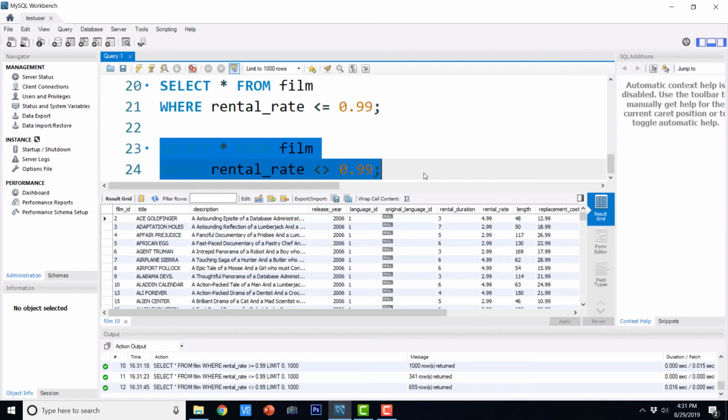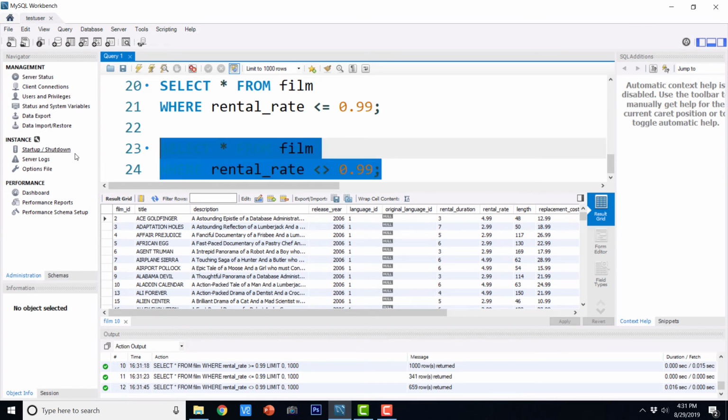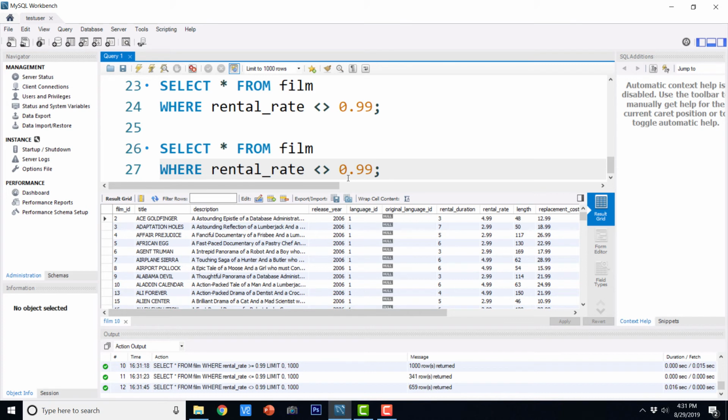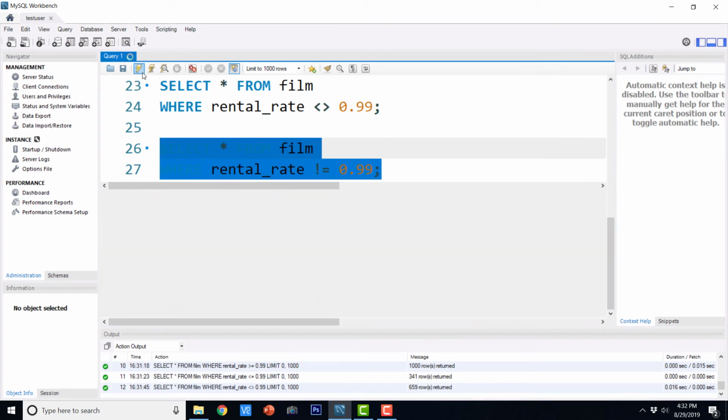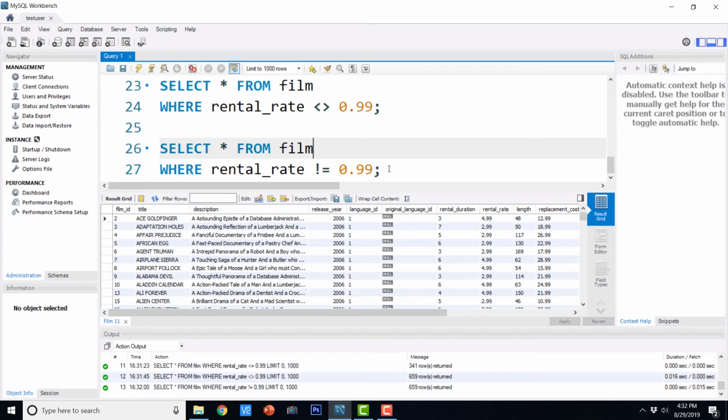So this means that it is going to show us all the records that are not equal to 0.99, and there is another way of writing this. Let's execute this. So this is how we can use different comparison conditions.